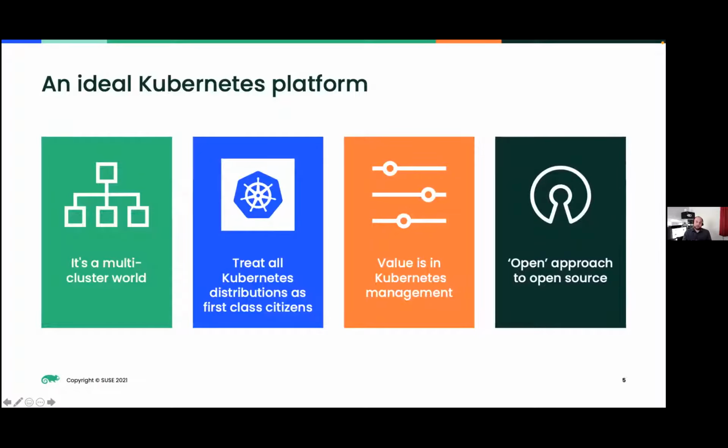Kubernetes initially had a strong element of avoiding vendor lock-in. And over time, some distributions have tended to lock our customers into the different distributions that they offer. There'll be features only available on a specific distribution or platform as a service technologies that are purely designed to lock you in. But if you embrace effective Kubernetes management, you can release yourself from those burdens because you've got an additional layer above your clusters that acts as that central source of truth for everything.